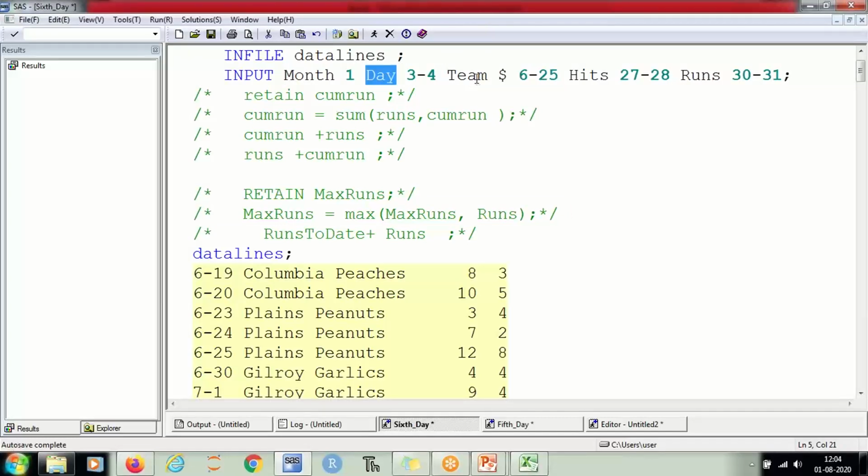Then team name. Rohit and Rupa. Okay. And what about you, Rupa?